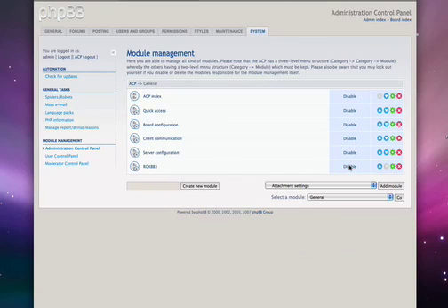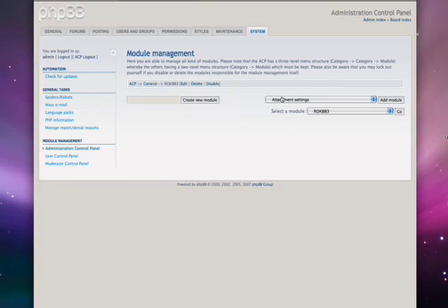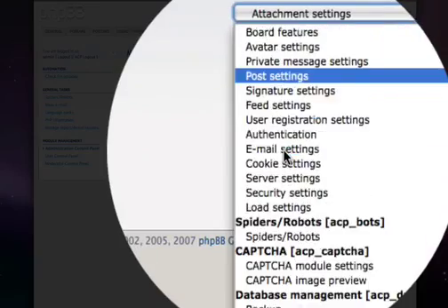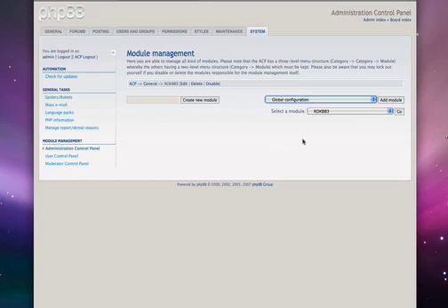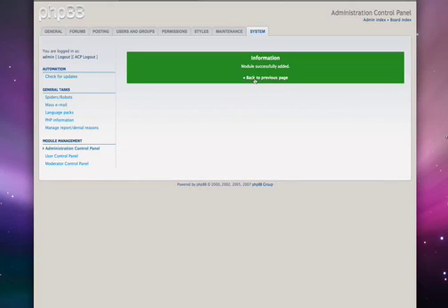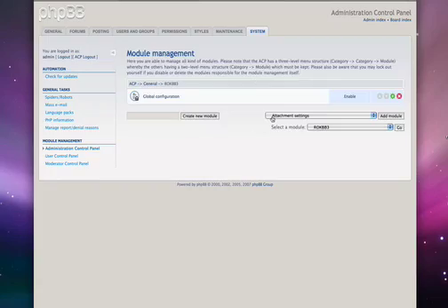We'll enable this. And then let's click on the rockBB3. Under this first drop down here, you're going to see we need to add a couple more modules. The first one is Global Configuration. We'll add this module. And the second one, now